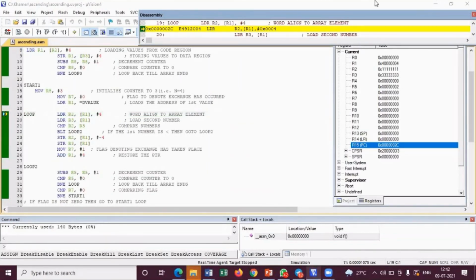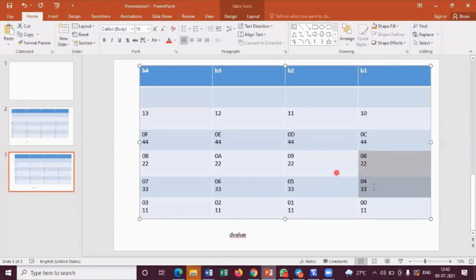So where were we? Where is the pointer? Where is the R1 pointer? It is pointing to 04, and R2 and R3 have data 11. Where is my pointer? Okay, loading. So whatever is there in the R1, which is 04, please load it to R2. So we will see what is there in the R1. 04, right? Yes. So here is my R1, right? Whatever is there in the R1, please load it to R2. So 333 will be given to the R2 register now.